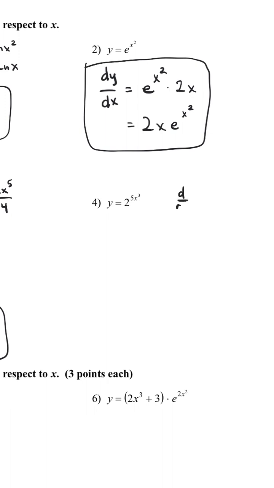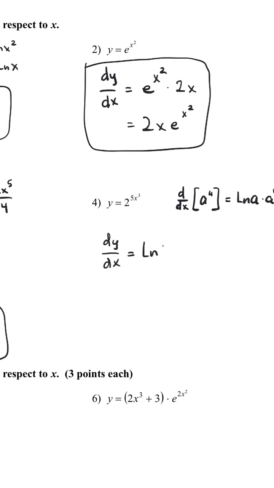So the derivative with respect to x of a to the u, so now this is not e to the u, it's a to the u, where a is just a constant value besides e. The derivative is the natural log of a times a to the u times u prime. So if we use that formula for this,